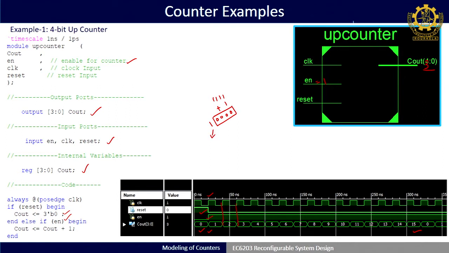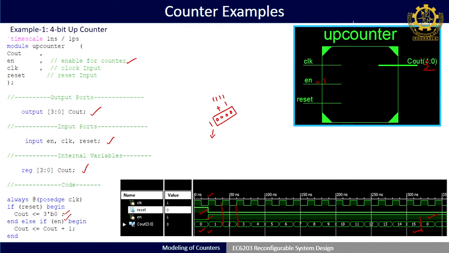So there is no need to write here, as many people do, that if output is F, then make C out equal to 0. Those things are not needed. By default, if the last value is incremented by 1, the output becomes 0 and the carry is discarded. You can see the same thing here: once 15 is done, by default it becomes 0.